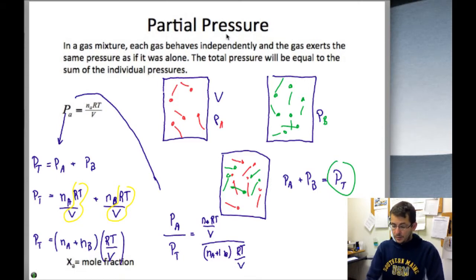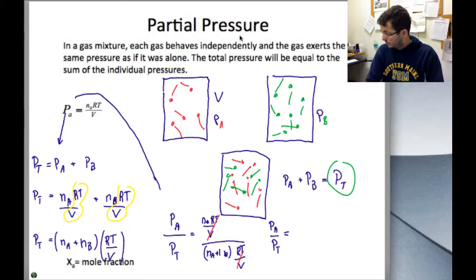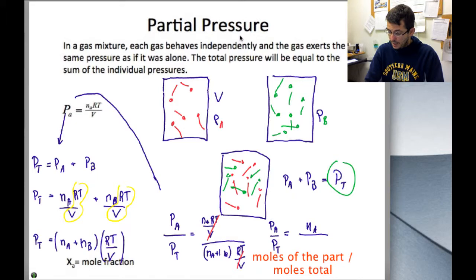And due to some judicious canceling, you end up with the following. That's the pressure of A divided by the pressure total will equal the number of moles of A divided by the total number of moles, A plus B. Well,